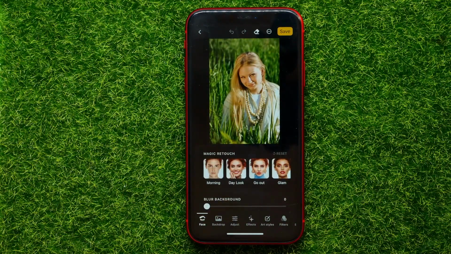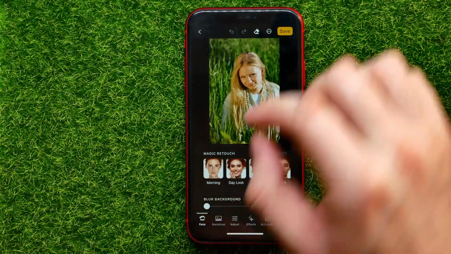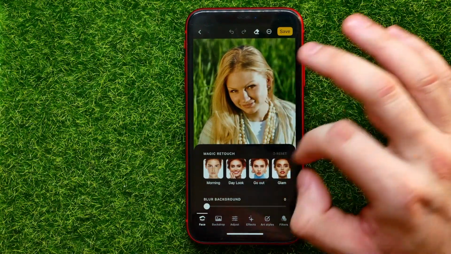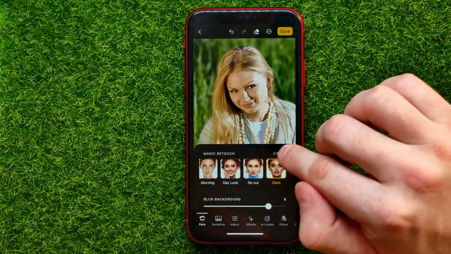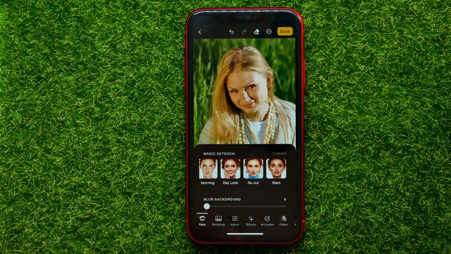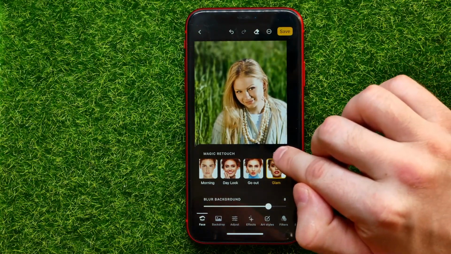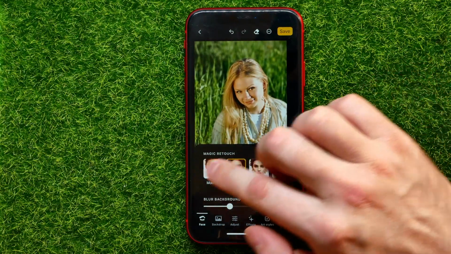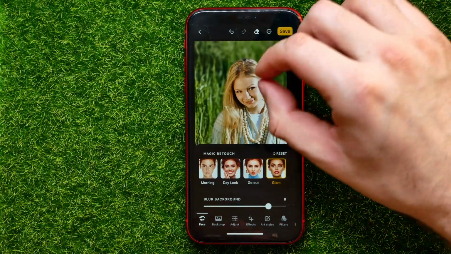On editor, you can first, and I strongly recommend you to use it, that's magic retouch feature. You can select one of these 4 presets. Let me scale it for a bit. So you can tap at any of them, let it be, for example, that one, and you see the result of that changes. As you can see, it applies a lot of different filters to that image. Just look how the face looks now and look at that blurred background. You can tap anytime at reset to see the original photo, and in the same way you can try to use any of that magic retouch filters, and once you find one that you like more, you can move on